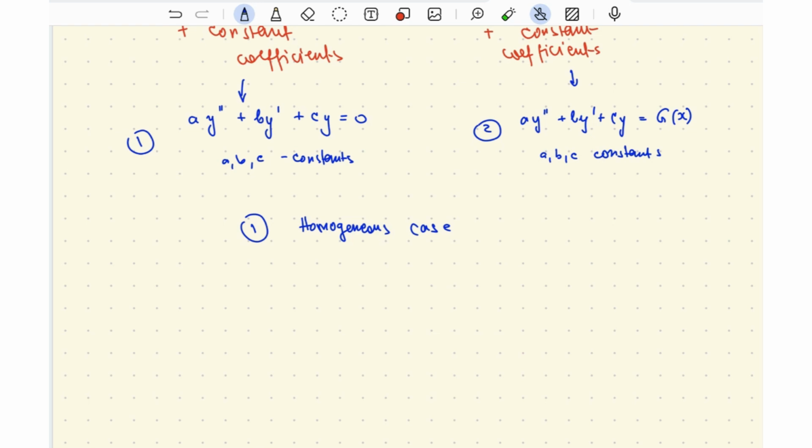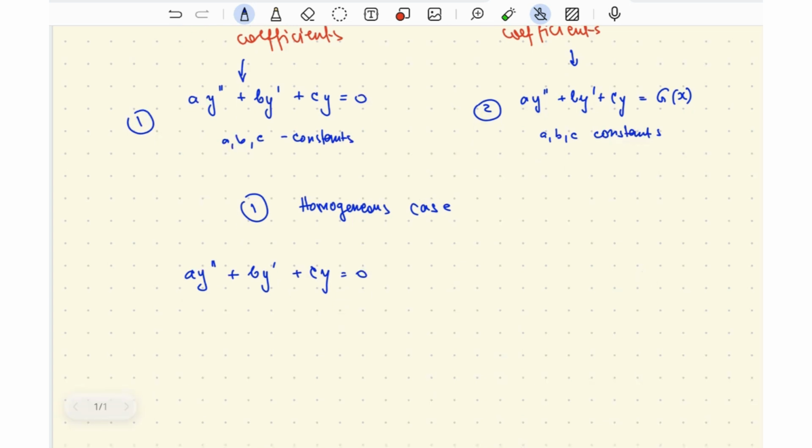Of course, we speak about linear differential equations, so that's the topic here. Now, when we have our second order homogeneous differential equation,